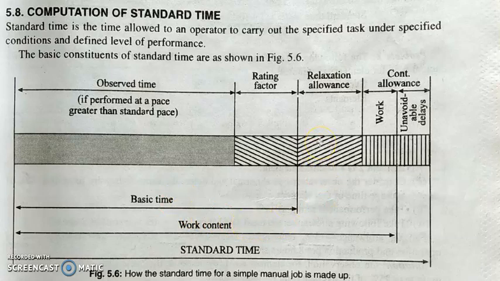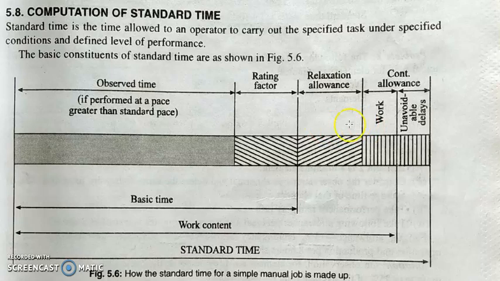These allowances fall into different categories. We know that normal times of elements added together give the normal time for the operation, but this will not be equal to standard time as the operators cannot work continuously. Here some additional time is added to the normal time to arrive at the standard time. Why is the additional time needed? Sometimes to allow the operator to attend to his personal needs. That means some allowances are required.